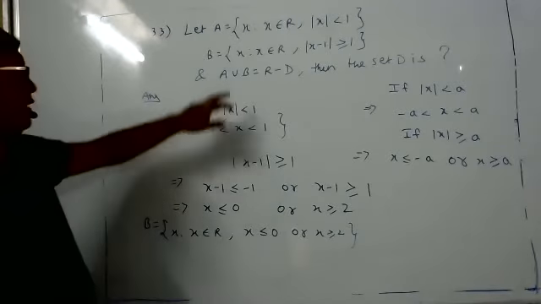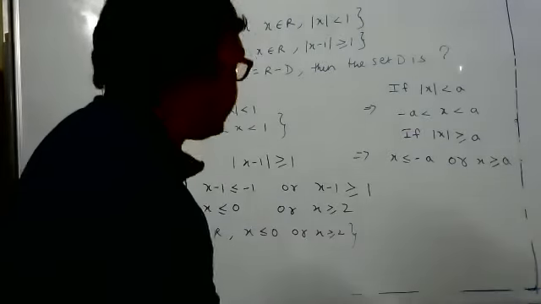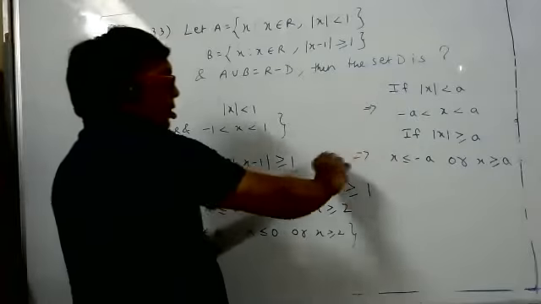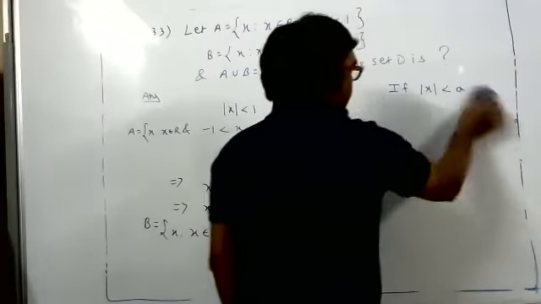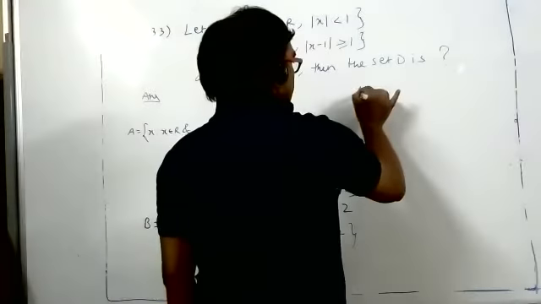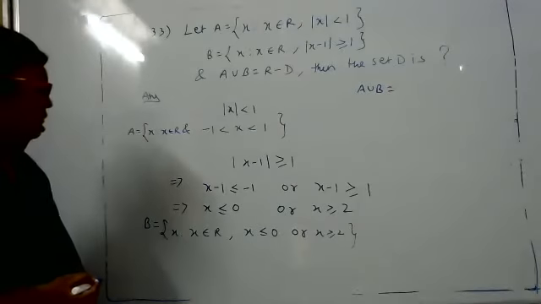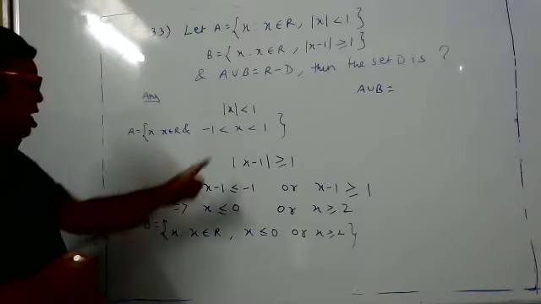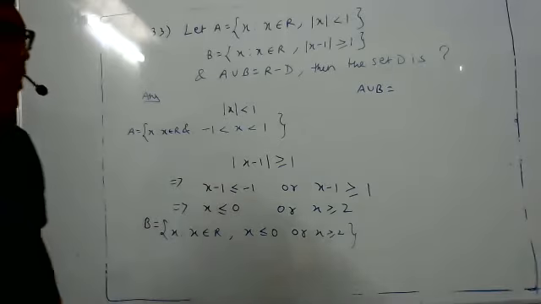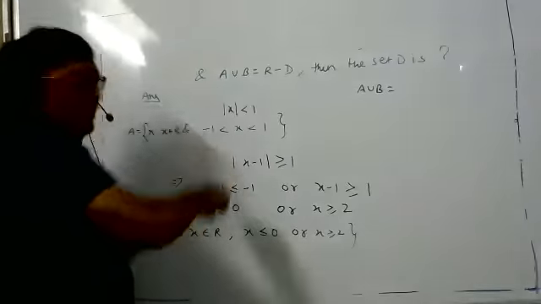Now we have to find A union B. A union B means A also you have to consider, B also we have to consider. The left part where I wrote the formula, I'm erasing because you have the formula. Now A union B means A also, B also. So A union B is equal to A also, B also, which means what? Here, minus 1 to 1. This type of question you will also see in a later chapter.